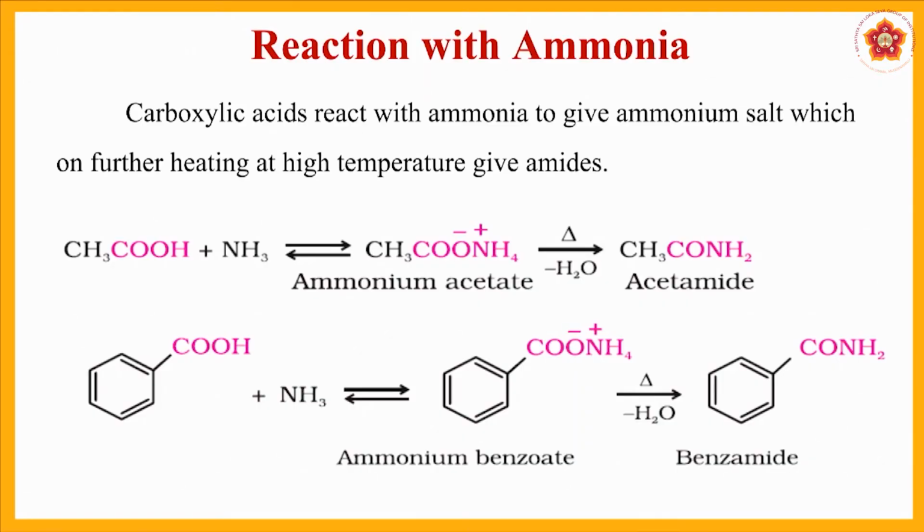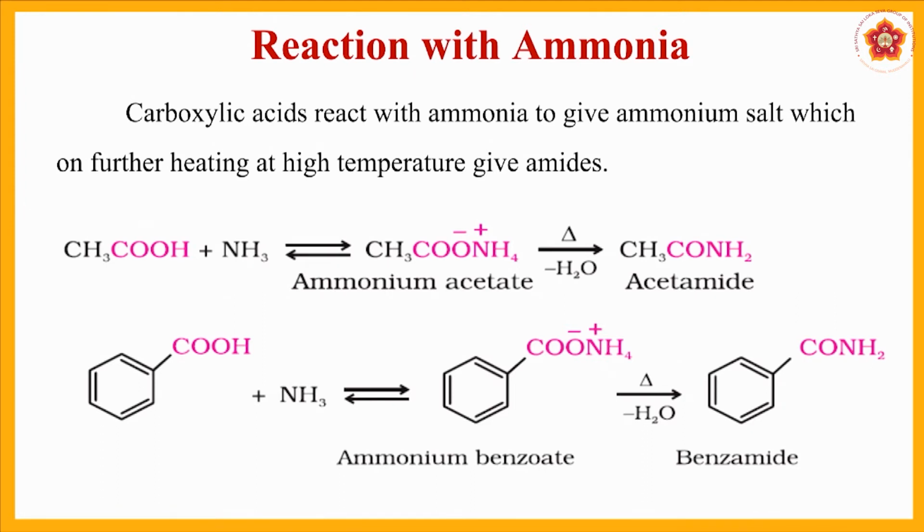There is another example given to you where instead of ethanoic acid we have used benzoic acid. The principles of this reaction remain exactly the same, just that an aromatic ring is now available. You can see that it forms a corresponding salt which we call ammonium benzoate, because we know very well that NH4 is an ammonium salt, like ammonium chloride, NH4Cl. Like that we have a benzene ring, so we call it ammonium benzoate, where the COO group is present, and further with heating we can see the elimination of a water molecule to give benzamide as well as a byproduct which is water.